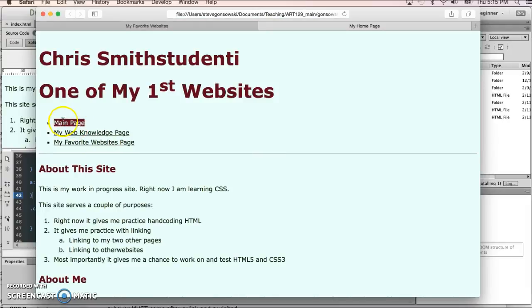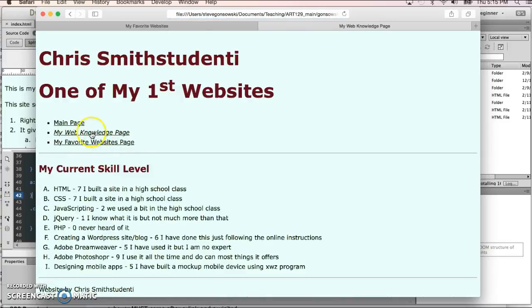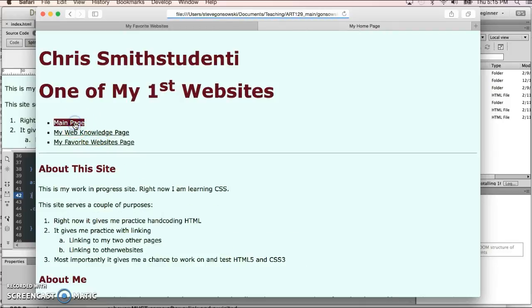So right now we're on the main page. Main page is highlighted, so that's all good news. But when we go to, say, this page, first of all, we have to tell it that that's the current link. But also, one other thing is the underline is missing there. Now, I know in most cases linking does not have underlines in navigation,